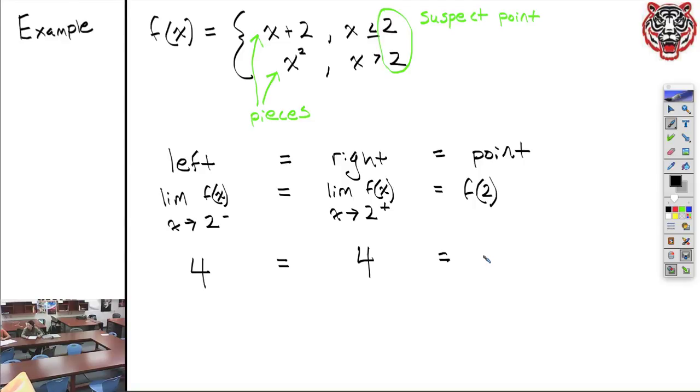Arrow, talk to me about the height at 2. How do I find that? There's nothing to plug in. It should be. But there is. You have to be careful about these signs right here. I either plug into the left piece or the right piece. Which one should I plug in at 2? The top one has an equal sign in it. Yep, the top one has an equal sign, so plug it into the top one and you get 4. Because all 3 of these are equal to each other, we can conclude, therefore,